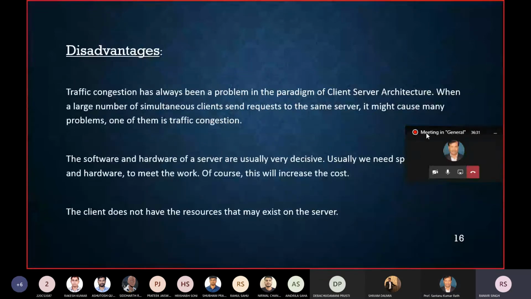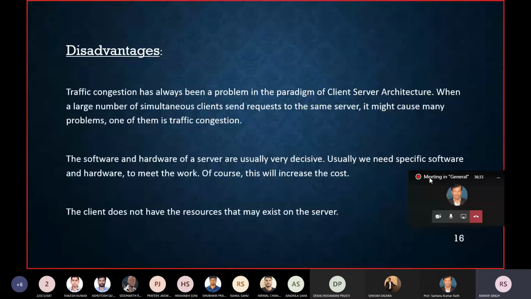And disadvantage, traffic congestion. Traffic congestion is a major disadvantage in client server architecture. For example, a real life example: suppose the CBSE board result, 10th or 12th. As soon as the result comes, every student wants to see the result, but at the same moment they cannot, and an error comes because of the traffic congestion.